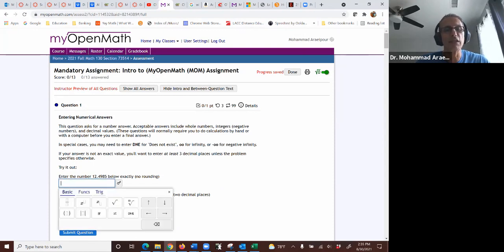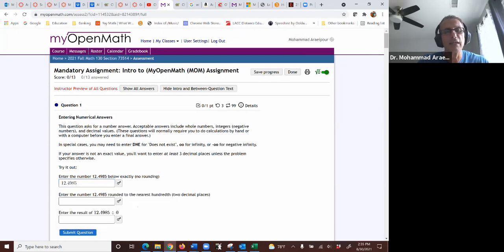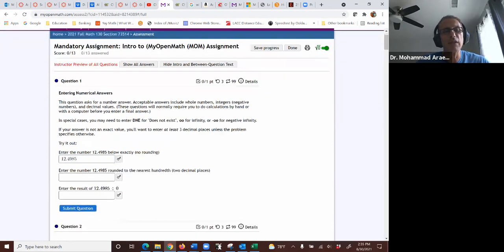As an example, look at this one. The moment I click on that, it gives me a math palette. So I can use a fraction. I can use a square root. I can use an absolute value, you name it. So for now, all I want is to put this number, 12.4985. So I'm going to put that in, and I'm not going to even bother with the next one, but